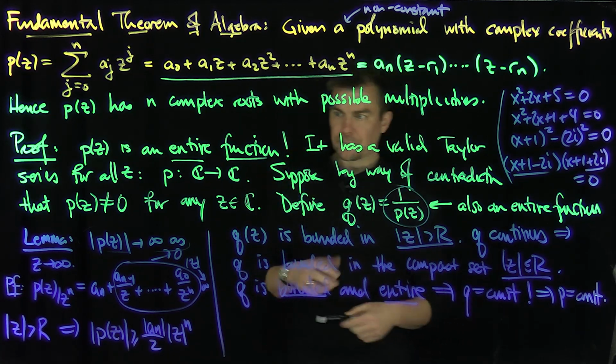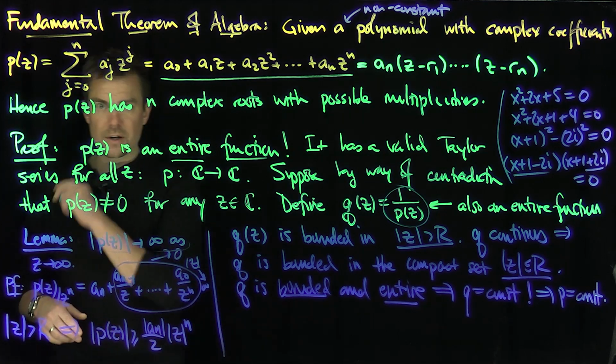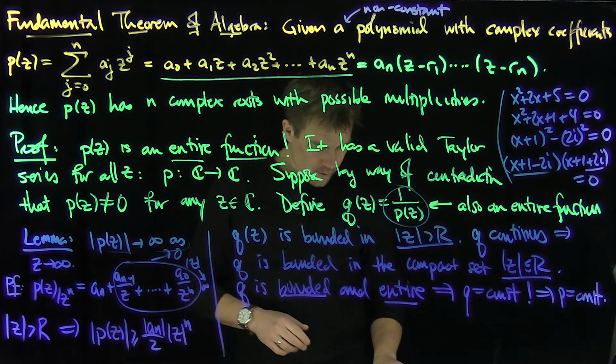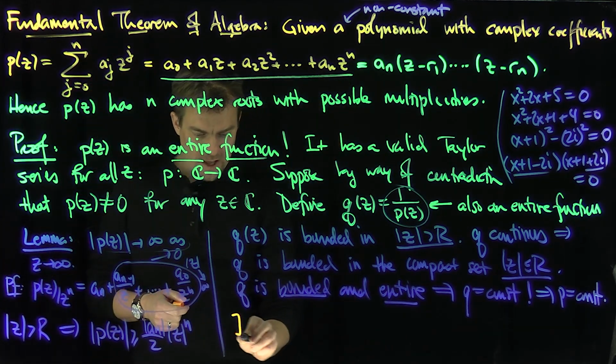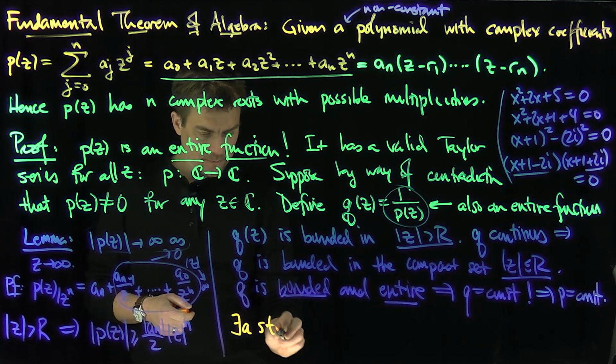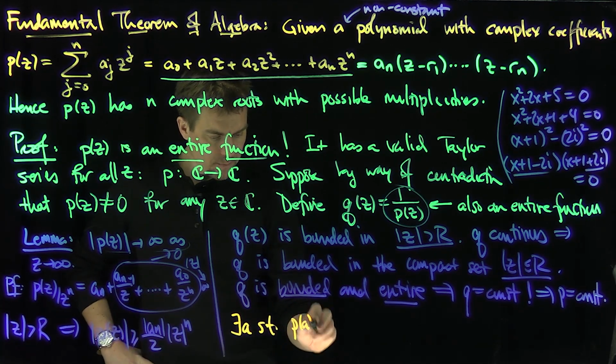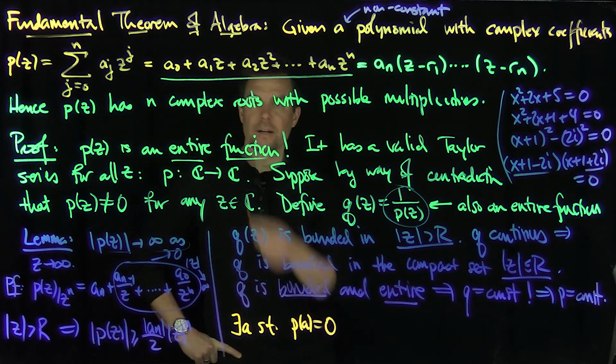Now, of course, how does this factorization work? This just shows me what? I assumed that there was no root, and that gave me a contradiction, so there's some root, right? So I know that there exists an a such that P of a is equal to 0, okay? But I can expand this